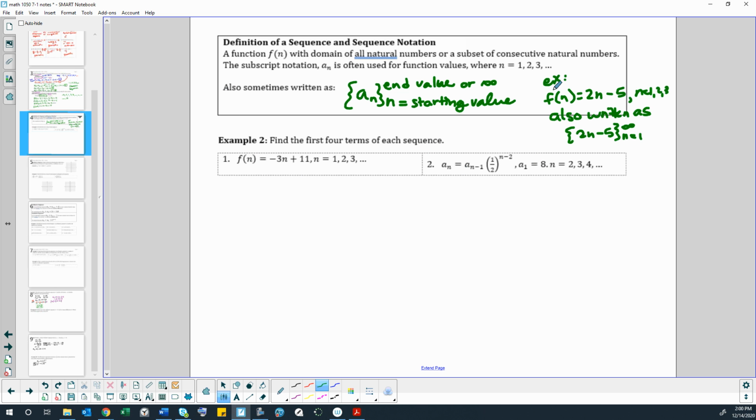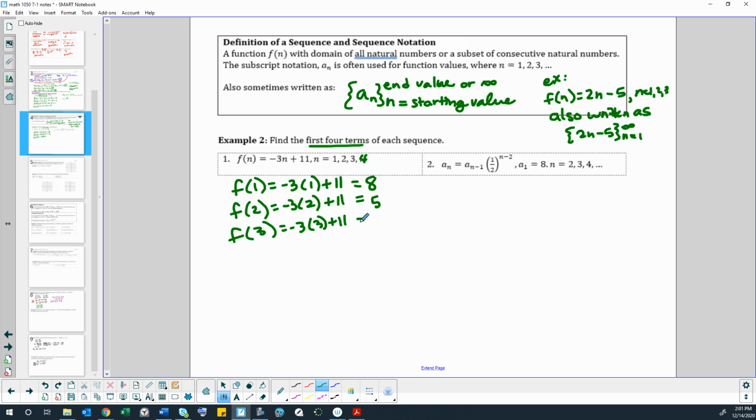Okay, so you see some examples here. They're not using that notation we just talked about. This is more like the notation we've been dealing with already. So we're going to find the first 4 terms by plugging in 1, 2, 3, and 4. So there you go. F of 1 is negative 3 times 1 plus 11. So that's negative 3 plus 11, which is 8. And F of 2 would be negative 3 times 2, which is negative 6 plus 11, which is 5, right? And then F of 3, which would be negative 3 times 3 plus 11, so negative 9 plus 11,